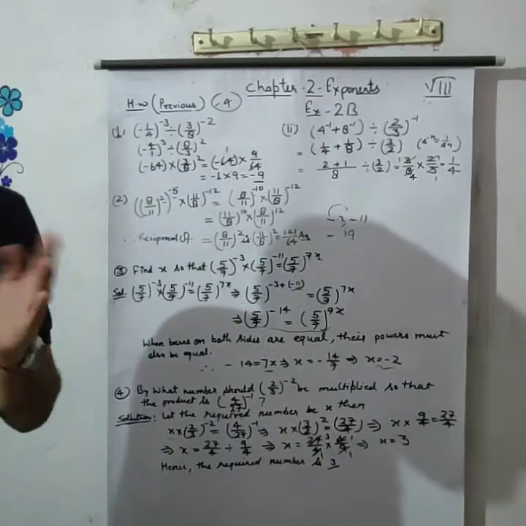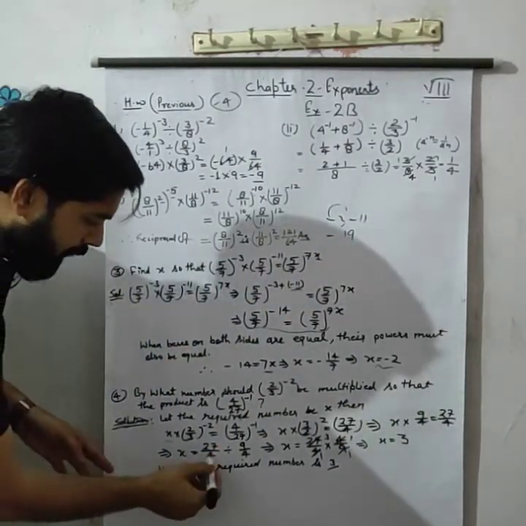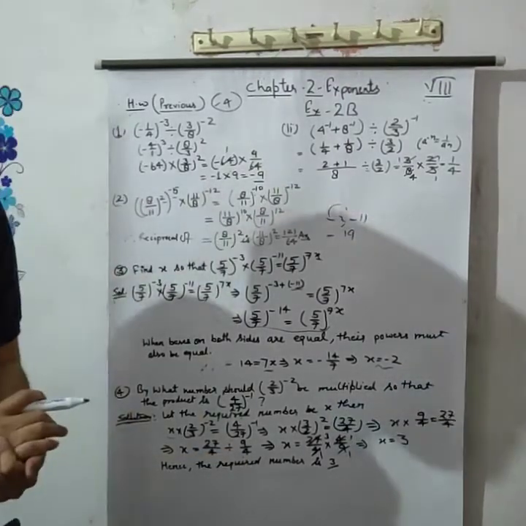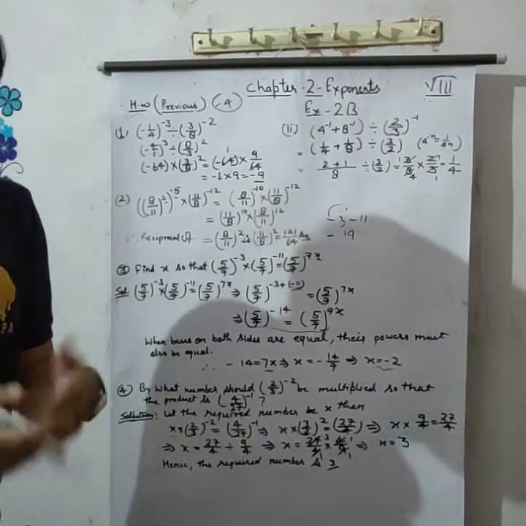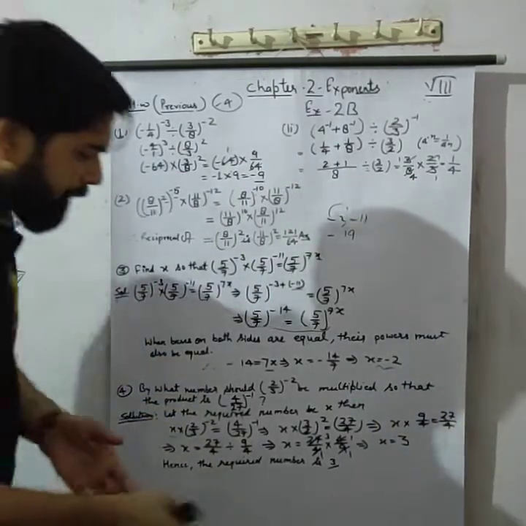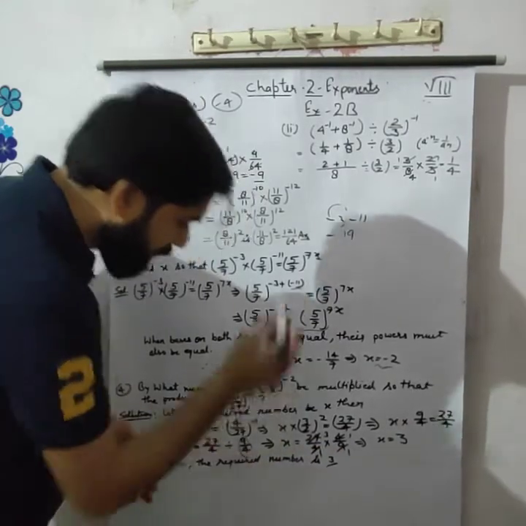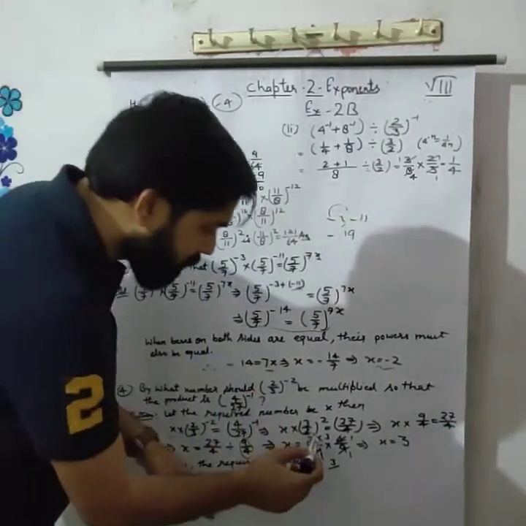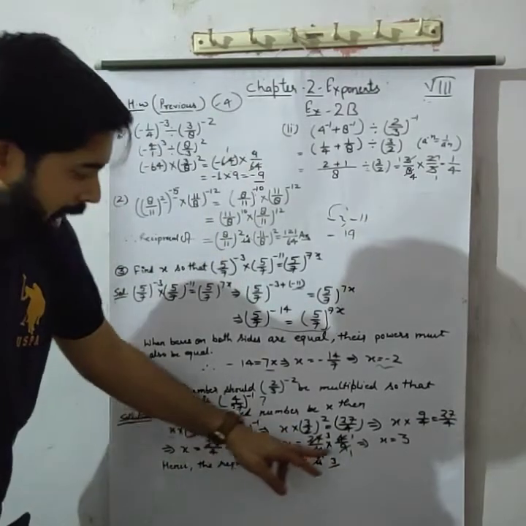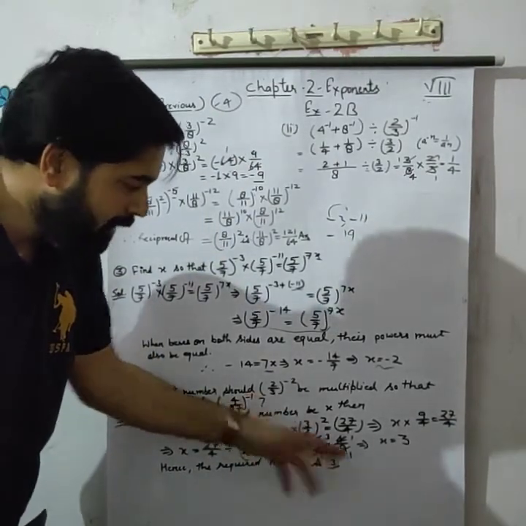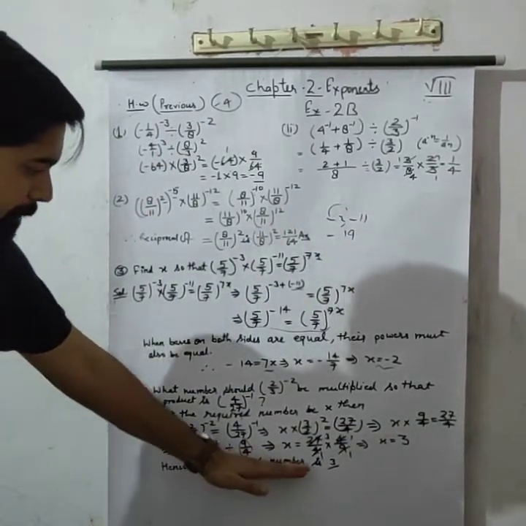Equation. So now you can easily solve it. x is equal to 27 upon 4 divided by 9 upon 4. Division. You know how we can solve the division of fractions. So x is equal to 27 upon 4 multiplied by 4 upon 9. Write the reciprocal of 9 upon 4. Then 27 upon 4 multiplied by 4 upon 9. 4 ones are 4, 4 ones are 4, the 4s cancel. And 9 ones are 9, 9 threes are 27. Then x is equal to 3. Hence the required number is 3.